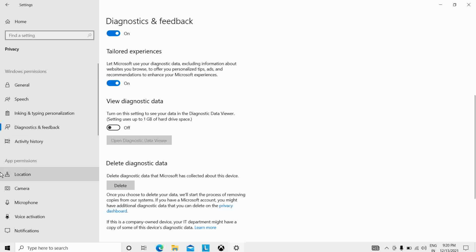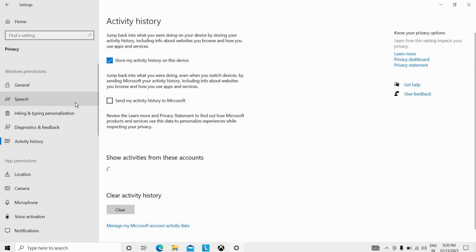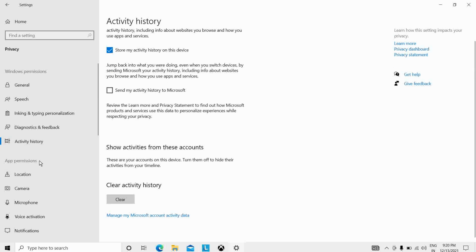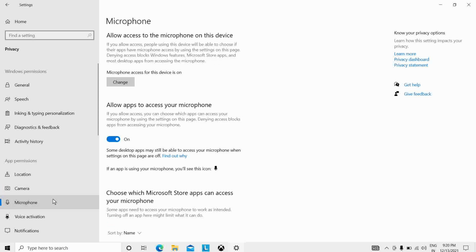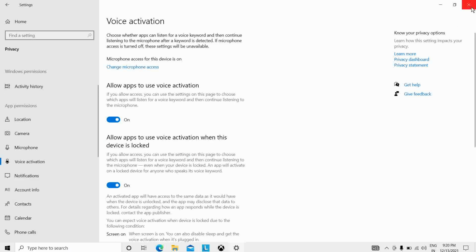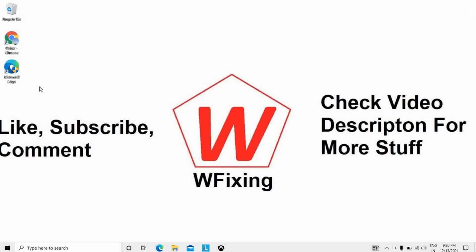Diagnostics and feedback, disable these, and also these. But don't disable camera, location, microphone, voice activation, and notifications. This can also protect you from consuming data.